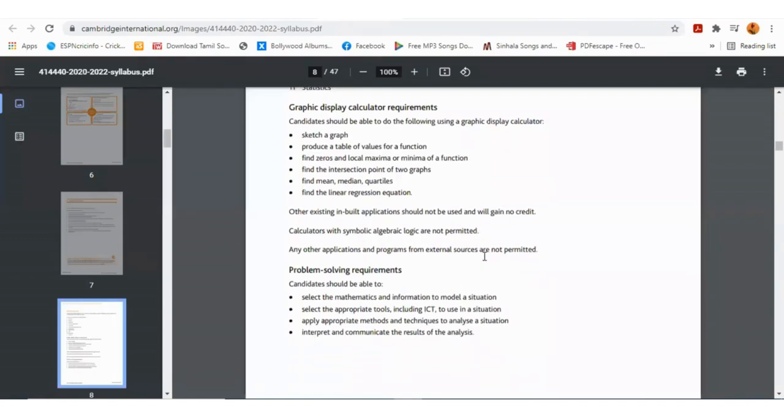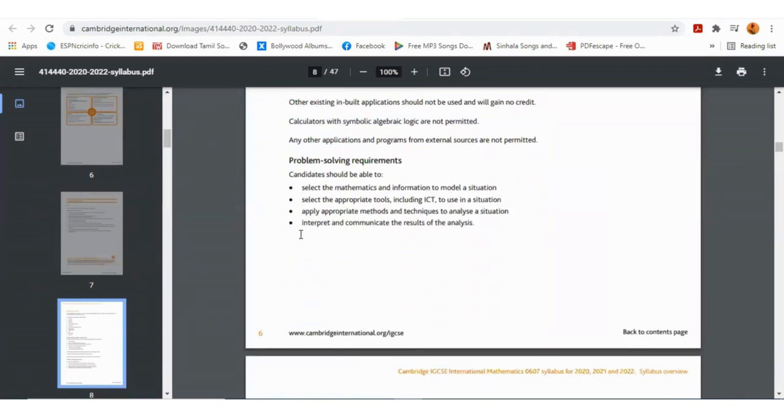So going forward, again, there will be certain calculators that will not be permitted. So you have to cross-check whether these are permitted. And then coming to problem solving requirements, as much as 0580 is a more theoretical type of syllabus, this syllabus